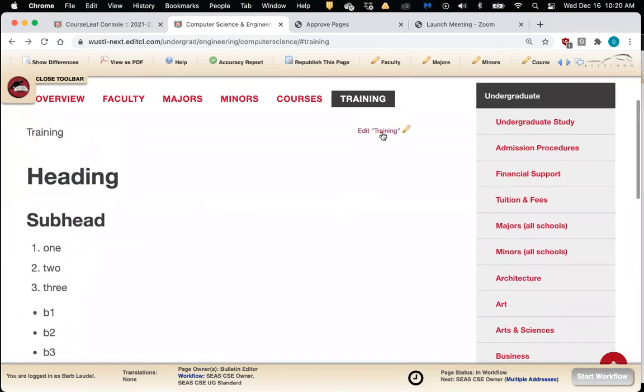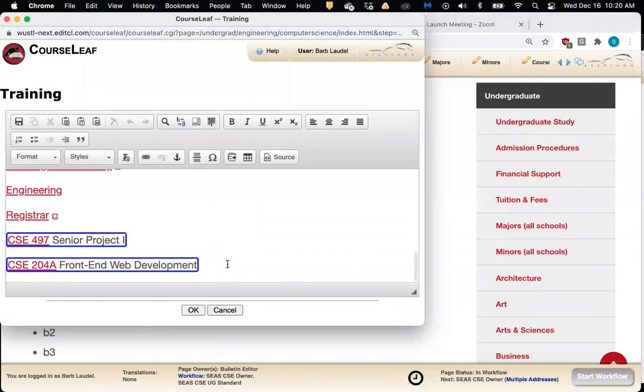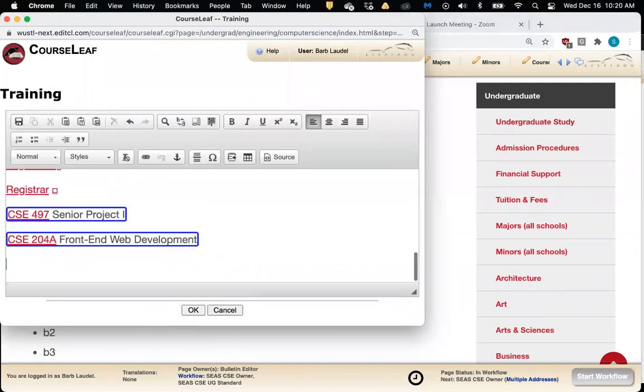Now, the other potential scenario is, let's say you type something in incorrectly by accident. So let's say I type in E81 CSE 501.